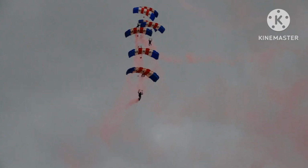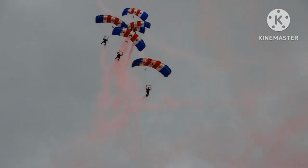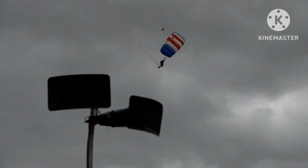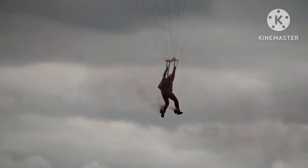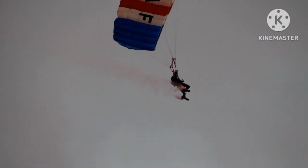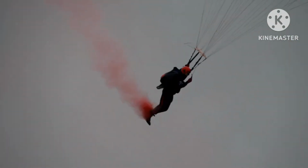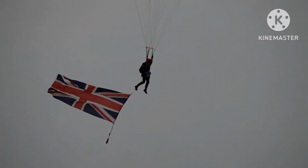So as they come into land then, please give a huge round of applause for leading the team, Flight Sergeant Liam Lyons, Sergeant Sean McKay, Sergeant Andy Lynch, Sergeant Mike Atkinson, Sergeant Gabe Coleman Moffat, Sergeant Greg Ashleby, Sergeant Owen Collins, Sergeant Marcus Shields,